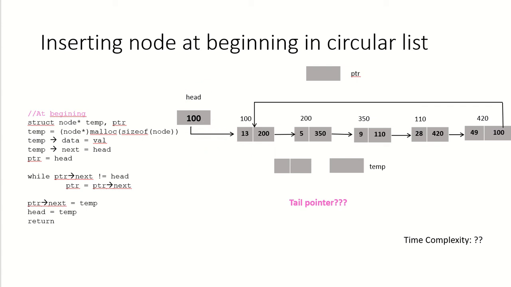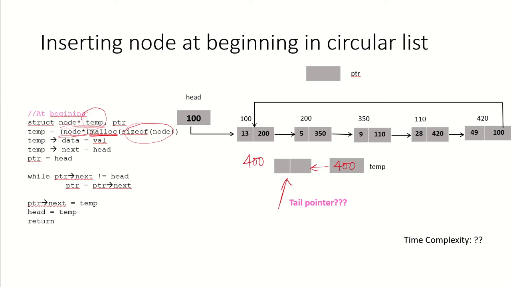First of all, let us create a new node by a malloc statement, which is a dynamic memory allocation, and size is the size of node. This is going to return a void pointer, so we are doing a typecasting for a node pointer, and we have a variable which is a node pointer kind of variable, temp. We are going to collect the address of this new node in the variable temp. So suppose this node was created at address 400. So 400 has been collected in the temp variable. So this temp is now pointing to the new node. This is an independent node as of now.